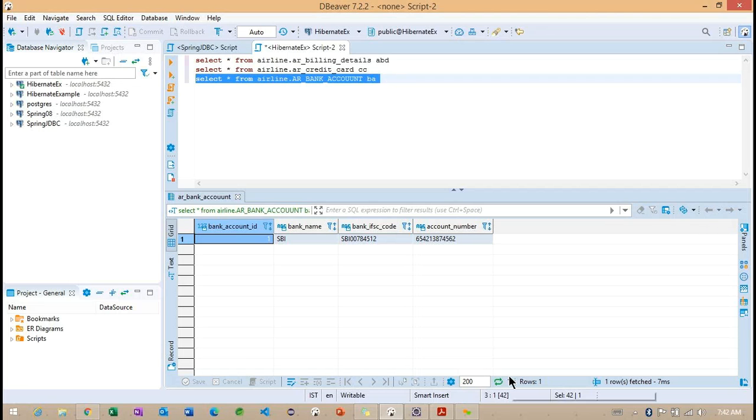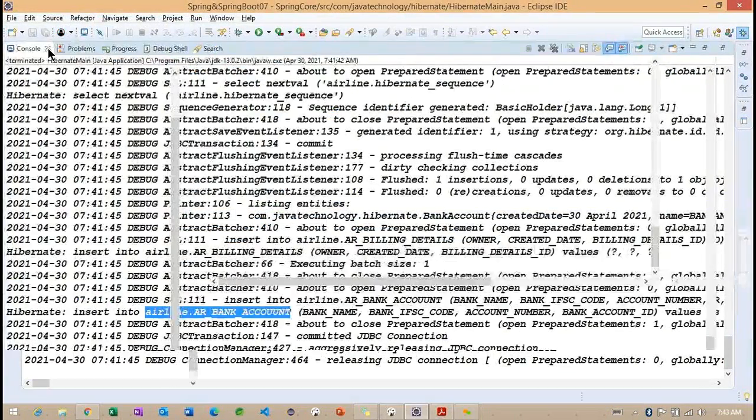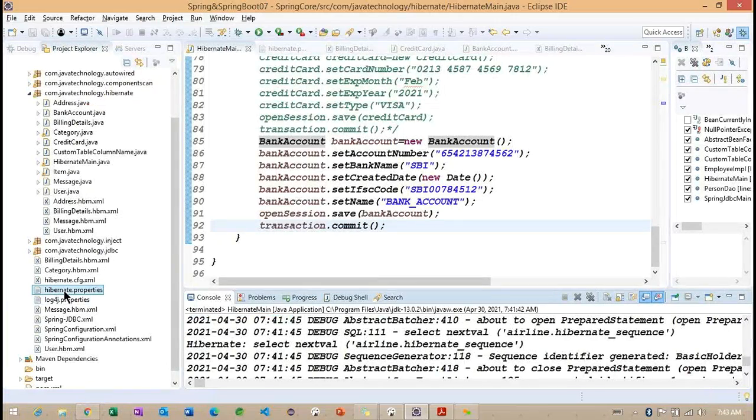BA is a reference of this particular bank account. Now you can understand the bank account ID. Why do we have ID 1? Because we already identified the sequence value 2. So again, how were the records inserted with 1? Getting the point? How were these records inserted with the sequence 1 here? Because of this particular create and drop.